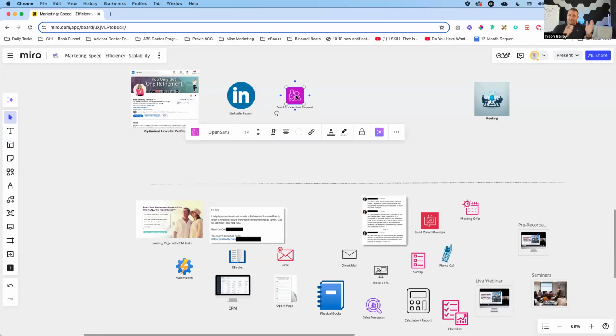Now, inside of LinkedIn, you have different degrees of connection. So first degrees are people that you are connected with, that either you sent them a connection request, or they sent you one, and somebody accepted that connection request. So that's first degree. Now, second degree are individuals that you have connections in common with, okay? So if I'm connected to Joe and Joe is connected to Sally, Sally and I are second degree connections.